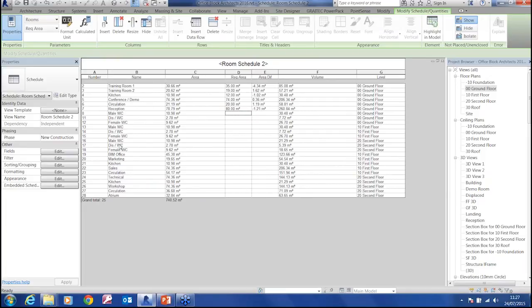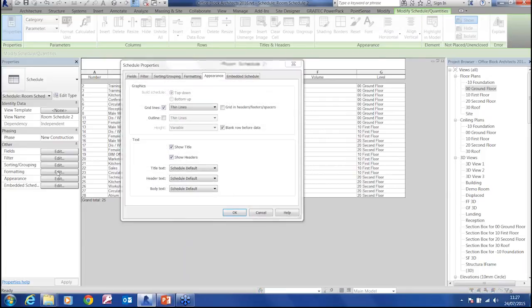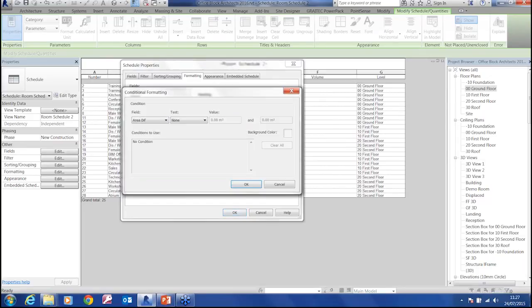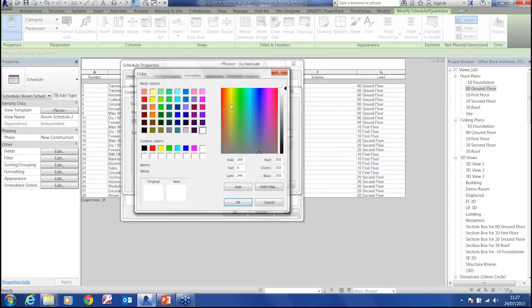issues. So what I can actually do to make this a little bit easier, if I go to formatting, we've got the ability to add a conditional format to a field. So where my area difference is, I want to add a conditional format where area difference is less than 0. If it's 0, that's fine. So it doesn't want to be less than or equal to. Then just highlight this